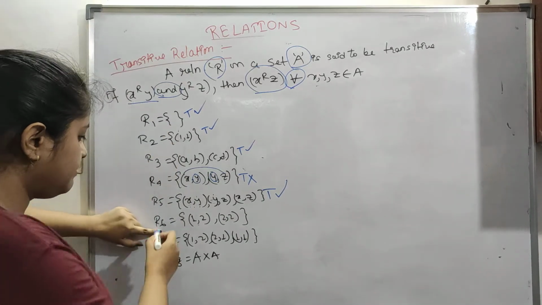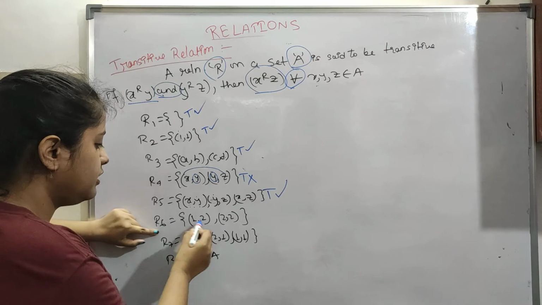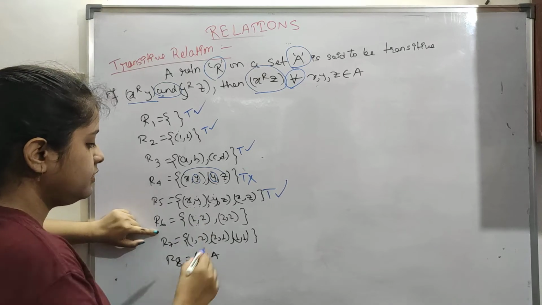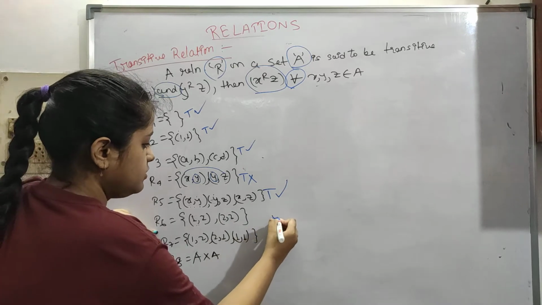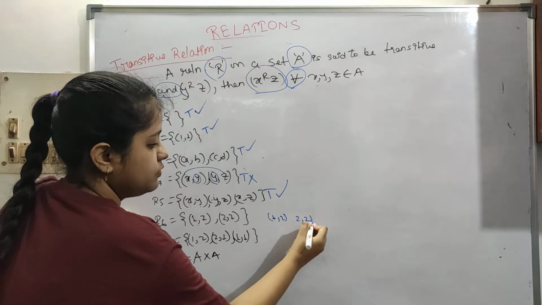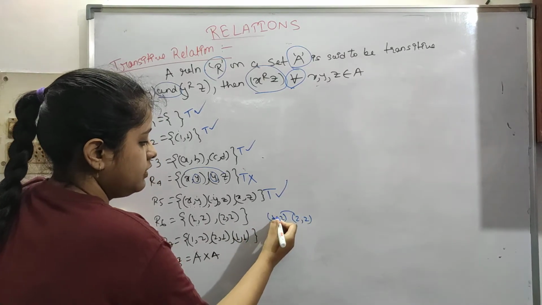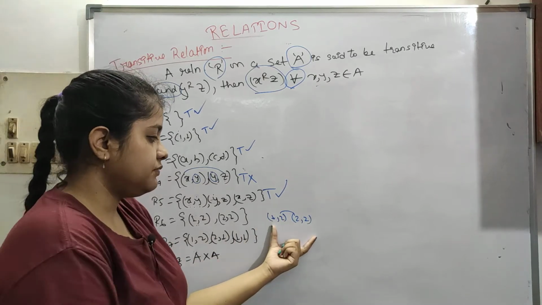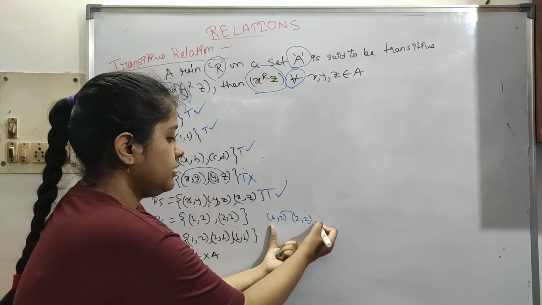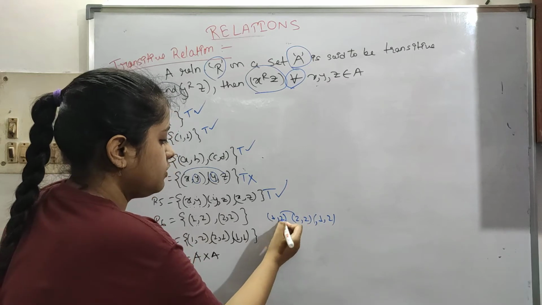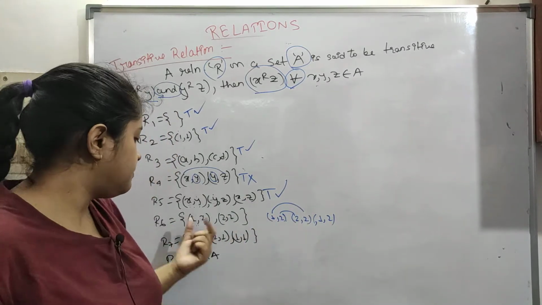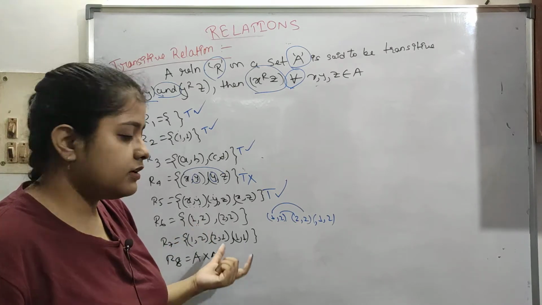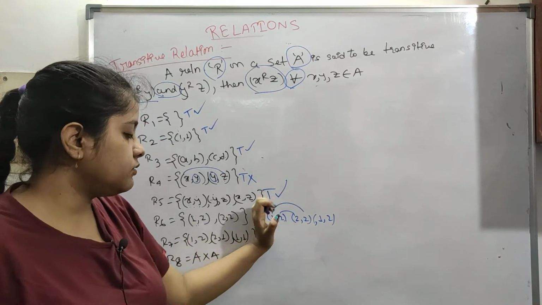So now let's see number 6. In number 6, (1, 2) is present, 1 related to 2 is present, then (2, 2) is present. These two are common. If we take the transitive closure of this, (1, 2) is coming again. So these two are common, so this and this has to be present in another element. (1, 2) is already present here. Once it is present, you don't have to write it again. So this is transitive.